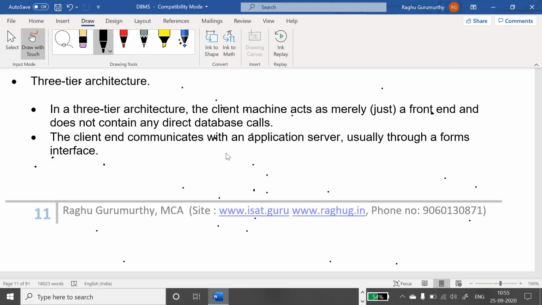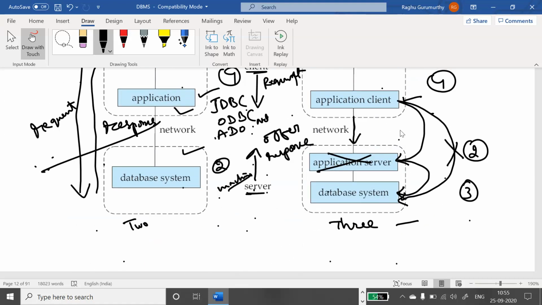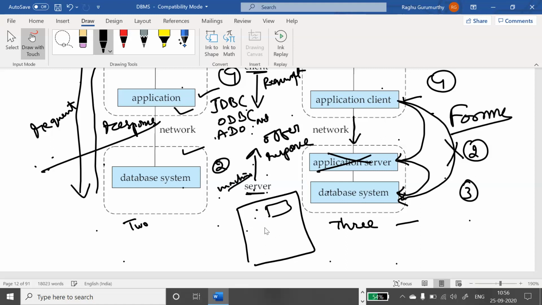The client end communicates with the application server, usually through a forms interface. For interaction they are using forms. What do you mean by forms? It is nothing but accepting user data. For example, some text boxes, some labels, and some buttons. These are forms.